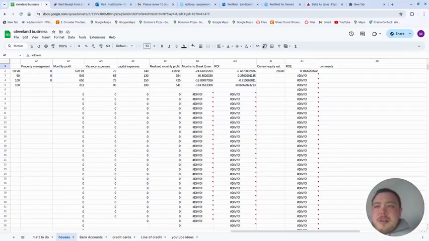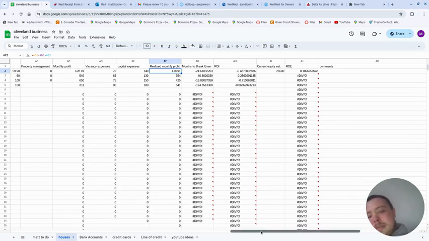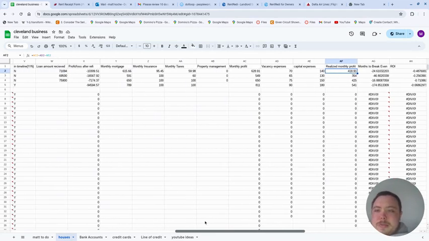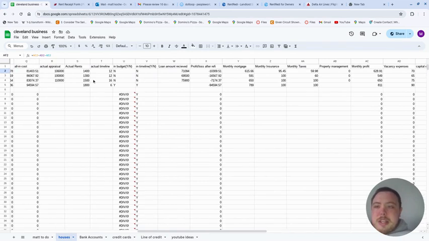Alrighty guys, so we're going to go over return on equity. And what this number is basically telling you is your return versus what you could sell the house for. So how is it calculated, right? I'm taking 12 times my realized monthly profit, right? So I'm taking 12 times that. That's my yearly profit, right? And I'm dividing that by what I think the property is worth. So if you guys see, I'm using the appraisal for the house for that, and I'm subtracting my loan from